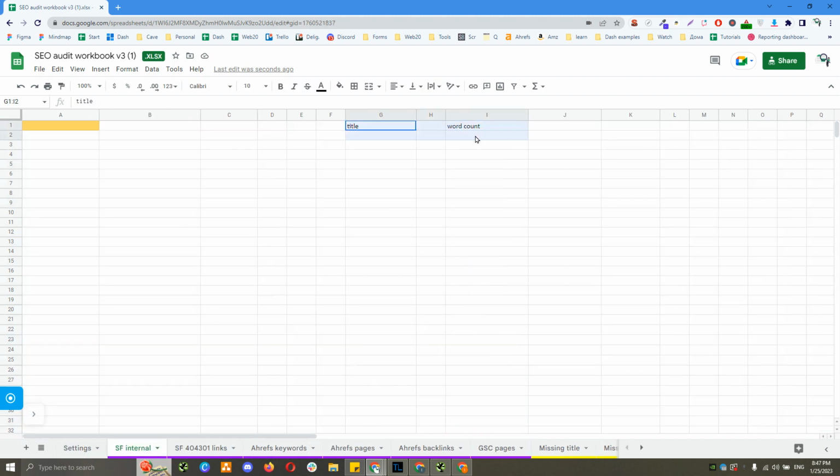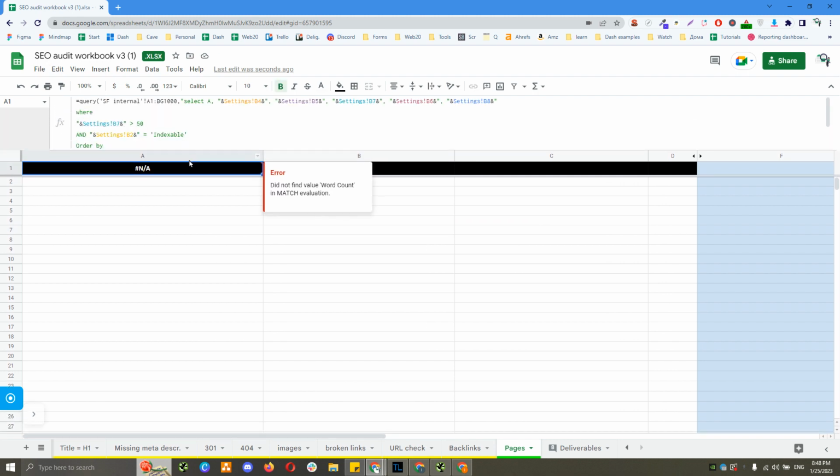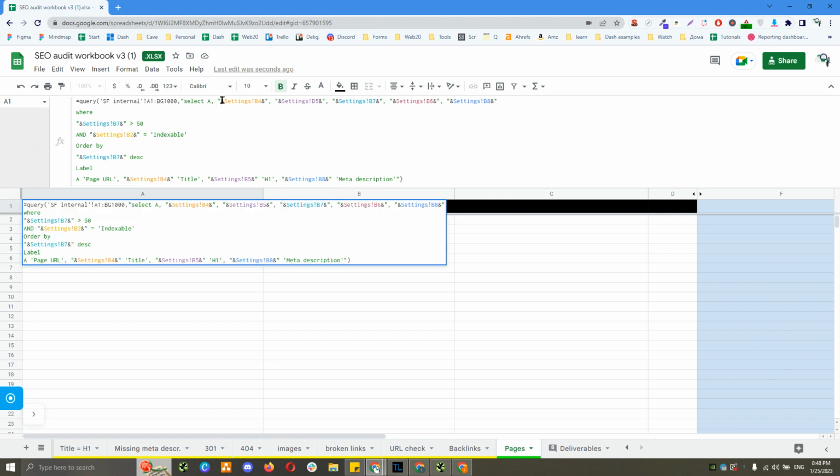So the solution, I actually found two really cool solutions to this problem. I'm gonna show you the first solution. If you look at the formula I'm using here, you'll pay attention. I have these brackets, then this kind of thing. So basically, what it means is instead of using the actual letter of the column, I'm referencing